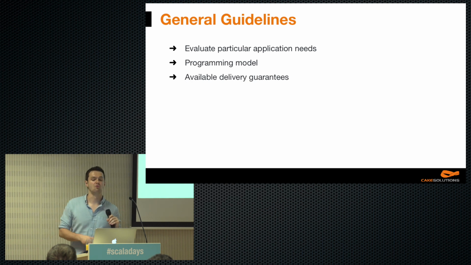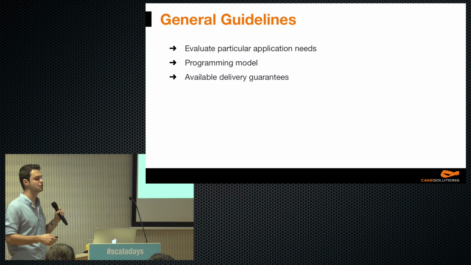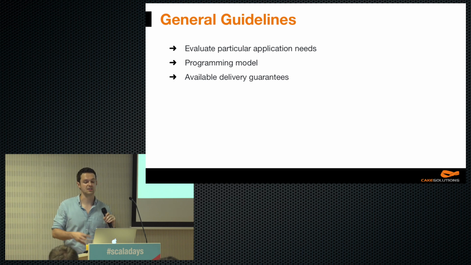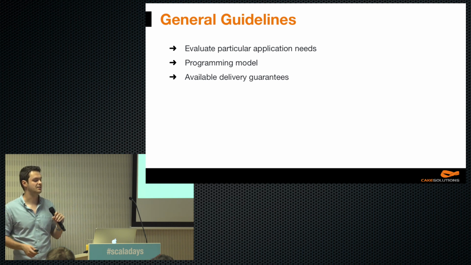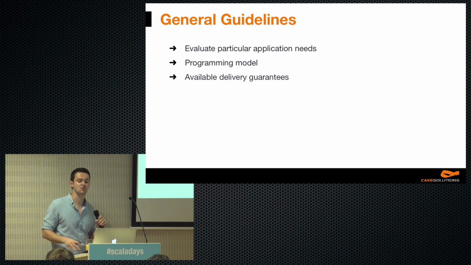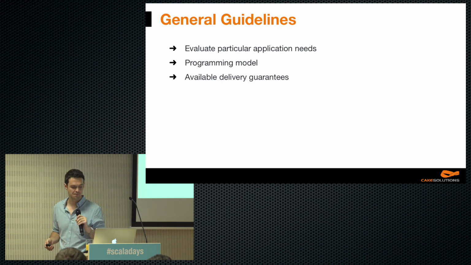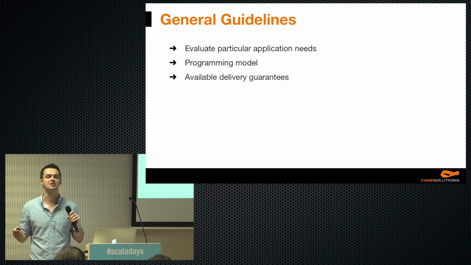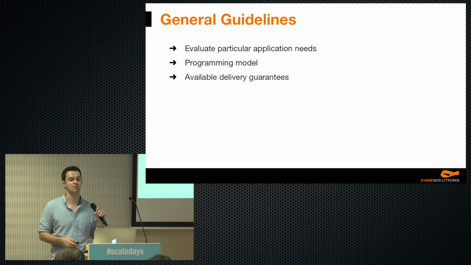I would also recommend going for a framework with all diverse semantics available, as you usually don't want to limit yourself, especially if you're not sure what to expect. And as you all know, this is quite common in our industry. But of course, there are definite use cases when at least once or at most once delivery guarantees are all we need. Also keep in mind, which might be a little bit surprising, a system supporting exactly once guarantee doesn't have to support weaker guarantees. And yes, I'm talking about Spark Streaming.